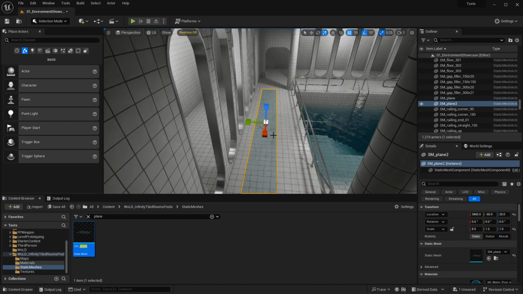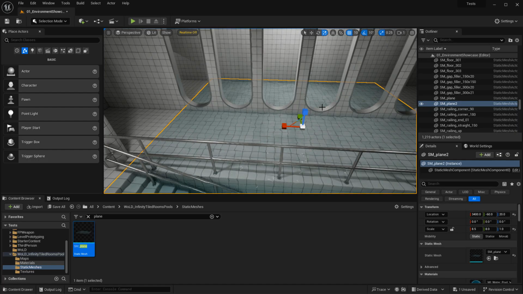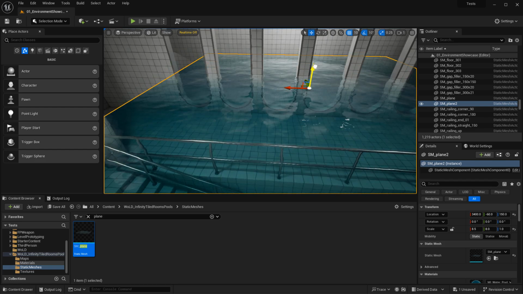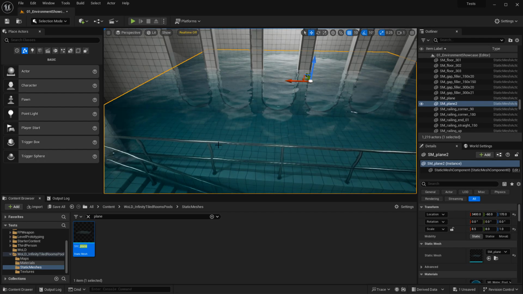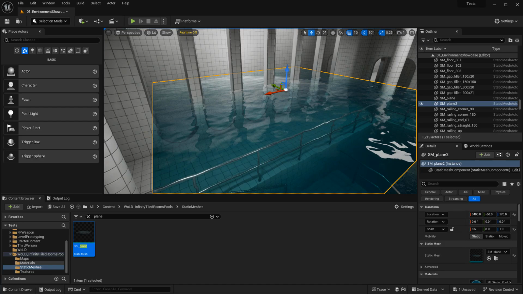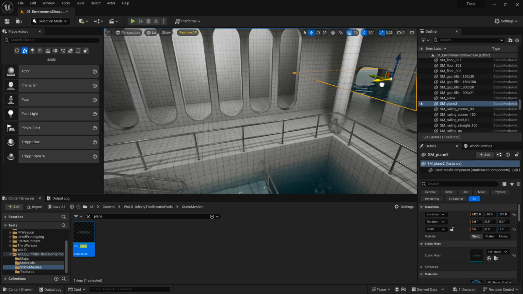We are almost done with the static meshes. But then you just drag the static mesh for the water plane, for the simple plane, scale it, and you can see it has the material applied, and it all depends on the distance that it's raised to the surface level, to the geometry below it. So you just scale this mesh to use the water. There are also tiling parameters to tweak the scale of the water, but that's in the material instance. But right now, for the areas where you want to have the water, just drag this plane wherever you want it,